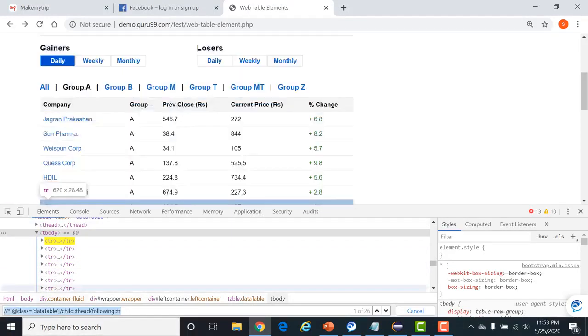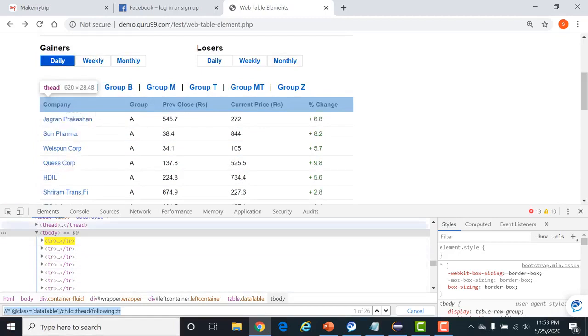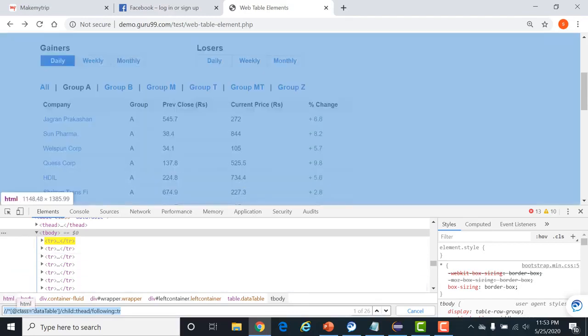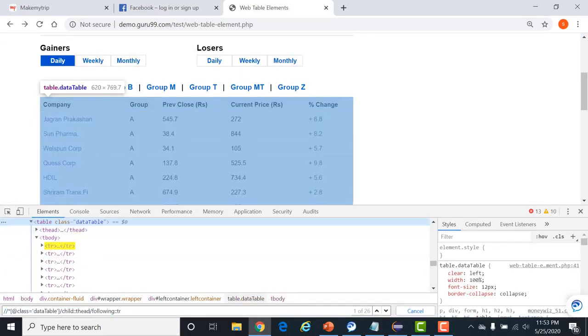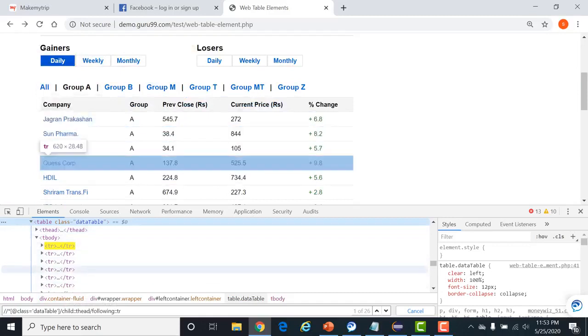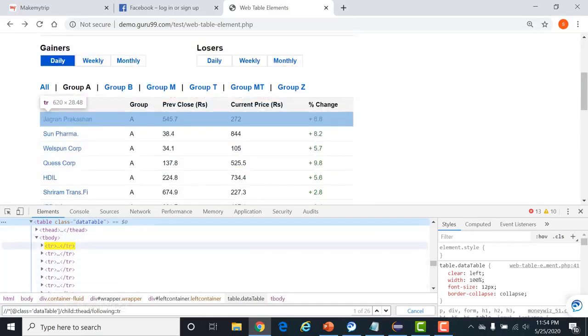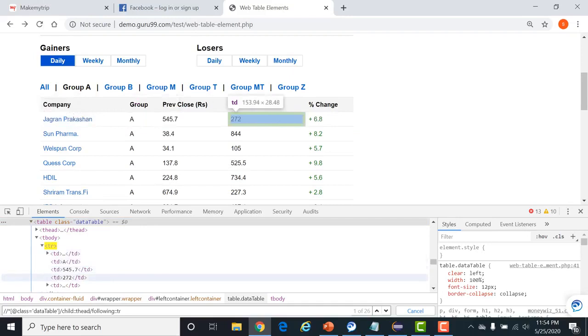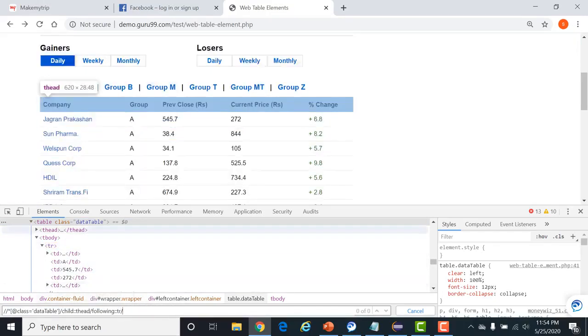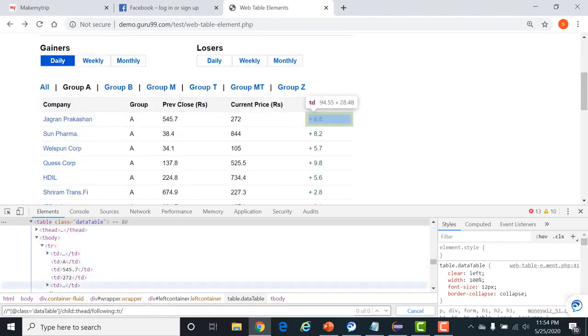With the help of following, we are able to get all the rows. We are not giving any information on the rows, that the text should be this or the number should be this. We are not giving any information because these are dynamic. We are not sure about these values. We are sure about the table, that the class will be data table only. The data will change. So with the help of this, we are locating all these rows. Right now, inside the rows, we have TD tag. Right? So we can again, by giving this, define TD here and we'll get all the values.